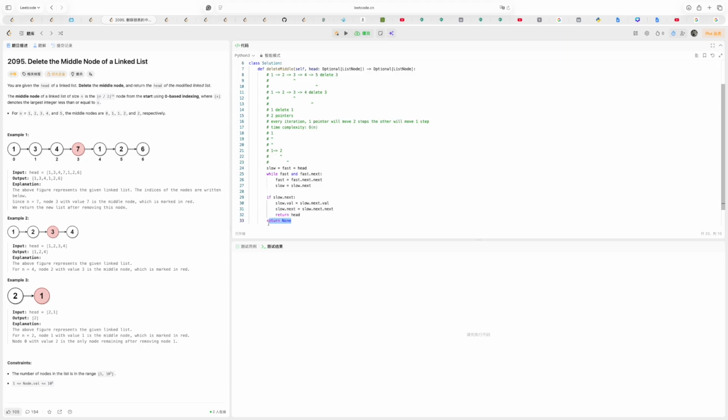Yeah, both conditions do not have slow next, and we should point, or okay, maybe we can have a prev,